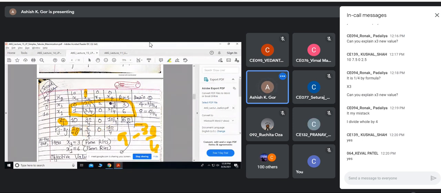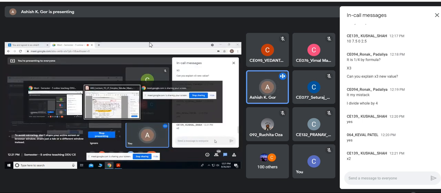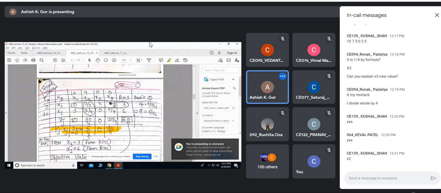Okay. And now you see what is the candidate for entering variable? Yes, highest value of Cj minus Zj. So what is entering variable? X2, very correct. Yes, Kushal. So this is a key column. This is an entering variable. This is going to enter the solution.